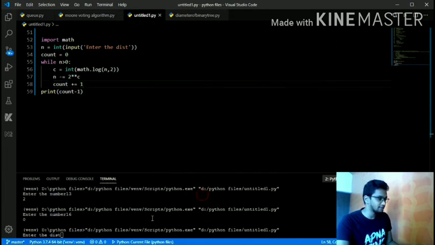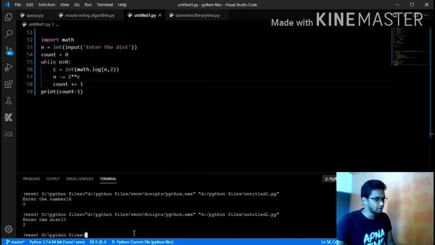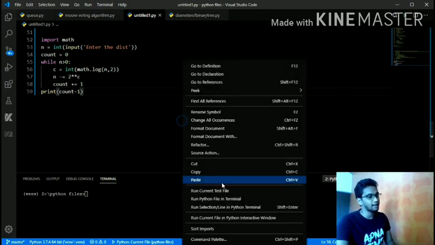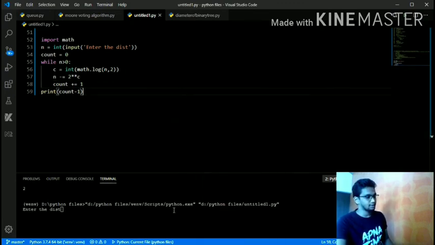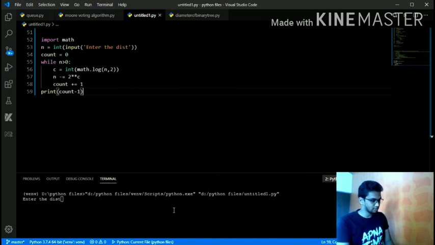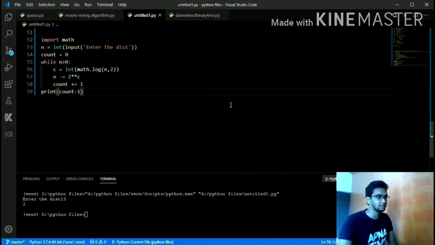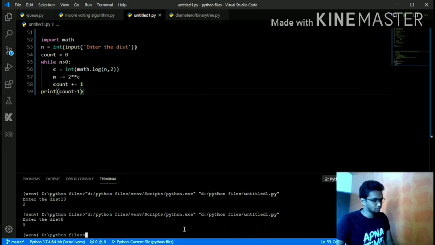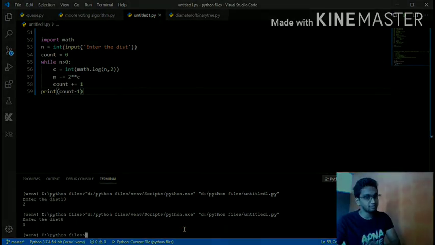I'll just run this. Enter the distance 13. Yeah, that's what they have given in the example, right? Enter the distance 13, and the result is 2. What if I take 8? In the first jump itself, it will come to